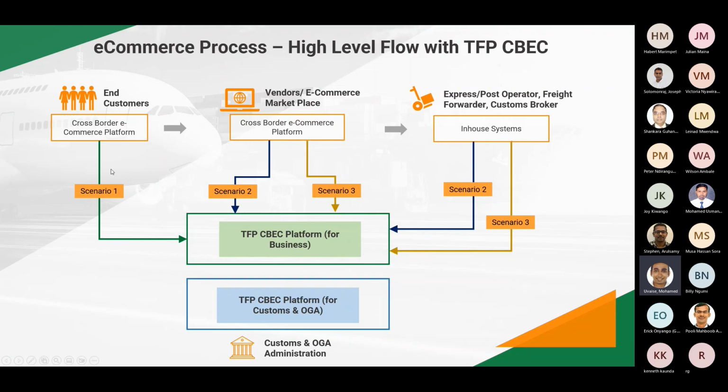For end customers, they could interact with the application to submit information to clear the goods directly, or it could come from the vendors itself or the e-commerce marketplaces such as Amazon, where there are two scenarios. So one is they are already an accredited vendor who could enjoy certain benefits akin to an AEO program, where clearance could be done in a simplified or faster manner based on certain levels of trust that is done based on accreditation.